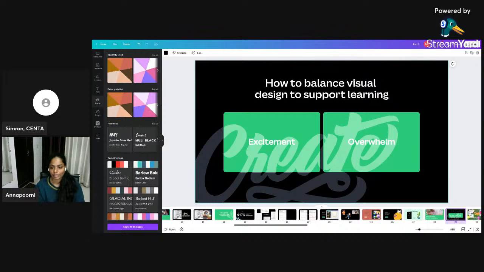Please post on chat. Do you want to excite students or overwhelm them? And what is the difference between the two? Excite them. Okay, great. But what is the difference between the two?